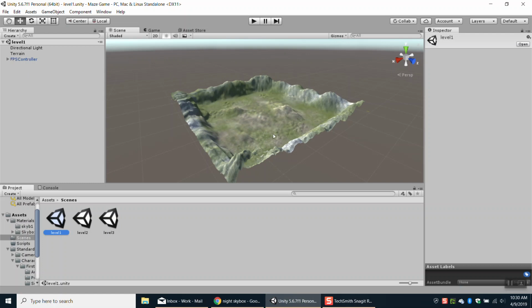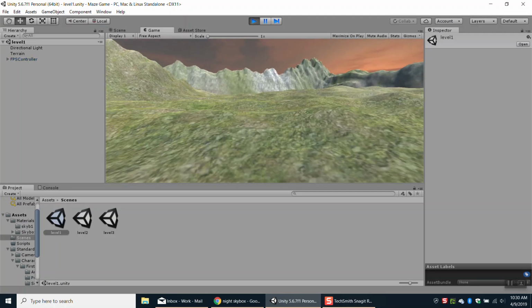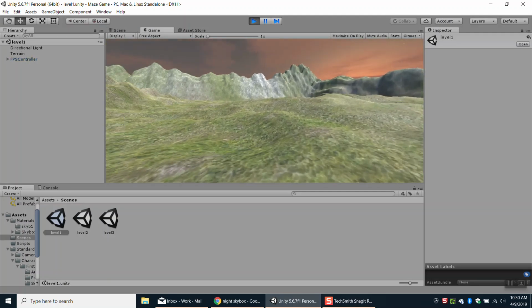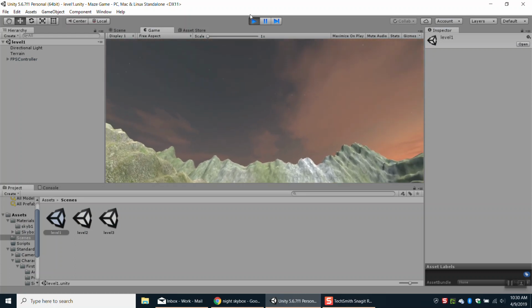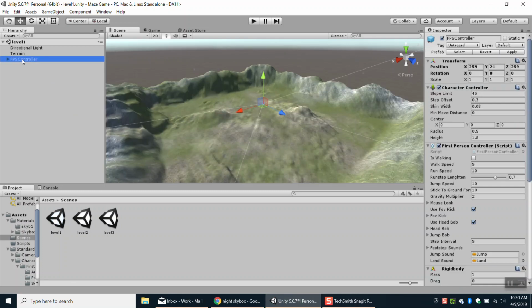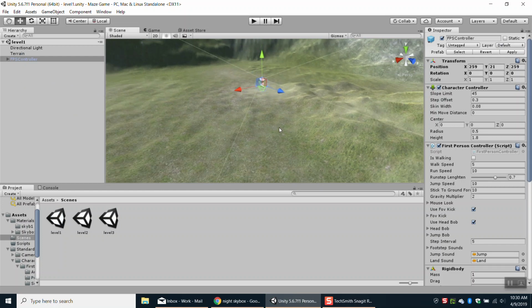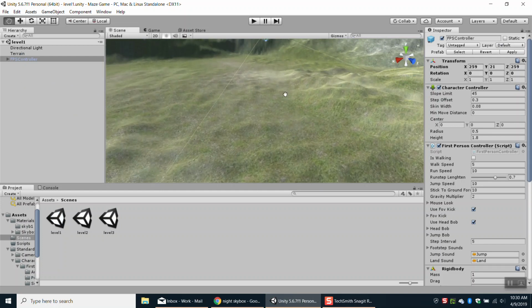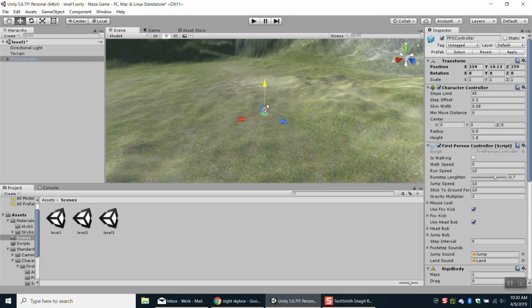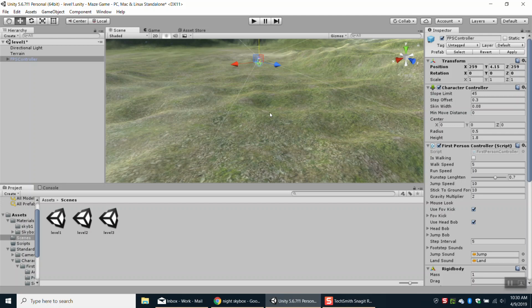Okay, so now that we've done that, now I need to create some things, because when I play this, the terrain and the sky all look very cool, but how do I add things in here? So, first thing that I'm going to do is go to my first person controller. I'm just going to double click on where my first person controller starts. I'm going to zoom out just a little bit so I can see. Maybe I'll move him down so I can see where on the ground he starts and